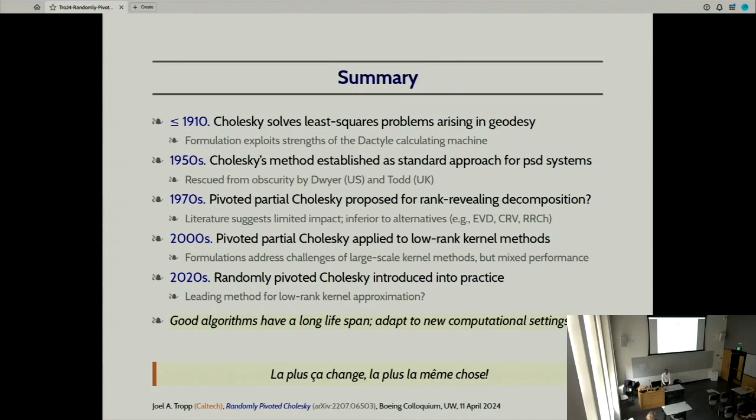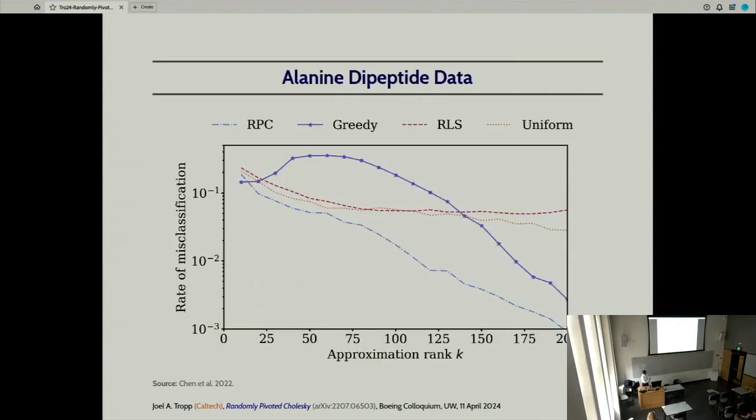How would you compare the results of this method to something like the randomized rangefinder method or sampling by ridge leverage scores? Okay, ridge leverage scores are a disaster. In fact, you can see that on this plot here, where they accomplish nothing. Leverage scores are a bad idea. Not always, but most of the time. I don't want to start ranting about this, but the proof is in the picture.